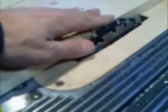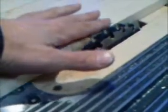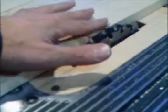What I do is I take my 3/4 stock and I lay it on there. And I guess exceed 3/4 a little bit. Not much. And then what I do, now when you look at the front of this jig I have made up,